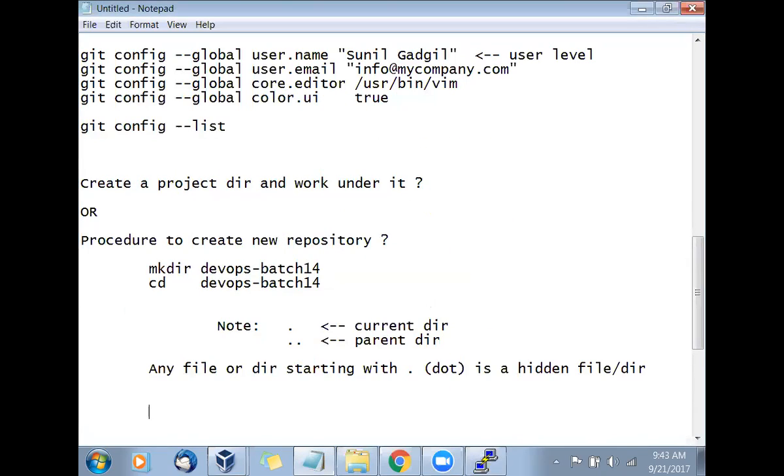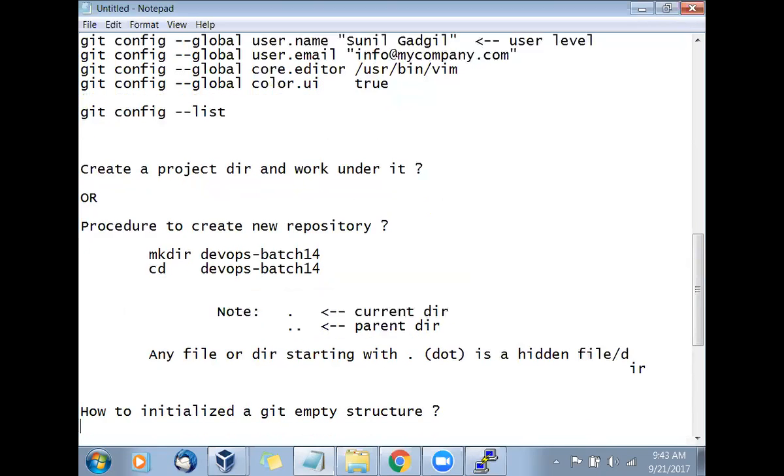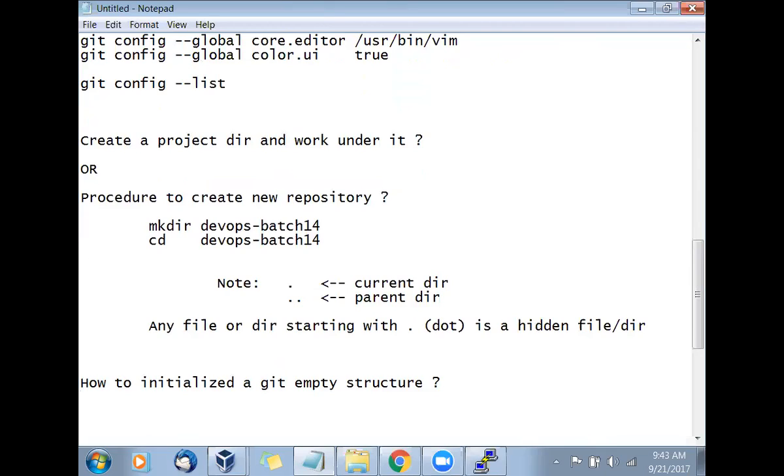Now in Git, currently the directory is empty. So what we will do is initialize the directory. That means we will create an empty structure. So how to initialize a Git structure? You'll give the command git init.